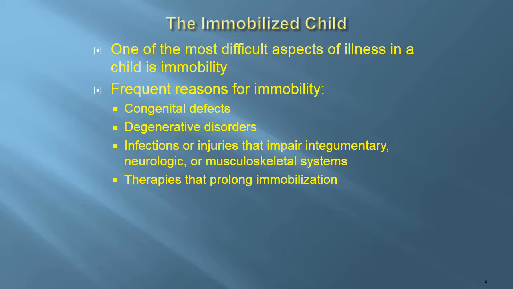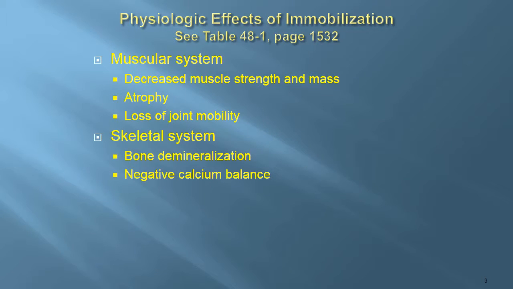One of the most difficult aspects of illness in a child is immobility. Frequent reasons for immobility include congenital defects, degenerative disorders, infections or injuries that impair integumentary, neurologic, or musculoskeletal systems, and also therapies that prolong immobilization. Table 48-1 that begins on page 1532 provides a comprehensive summary of the physiologic effects of immobilization, starting with the